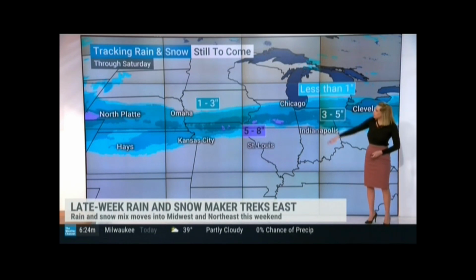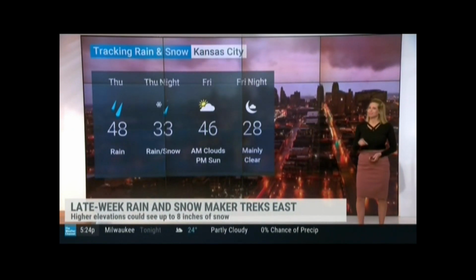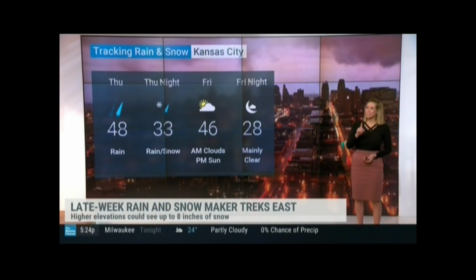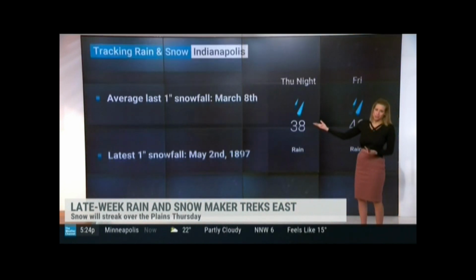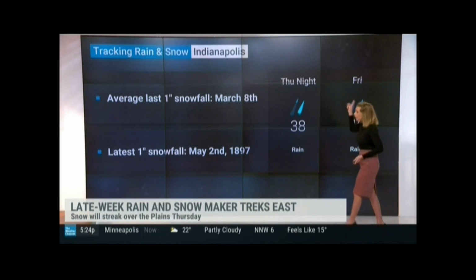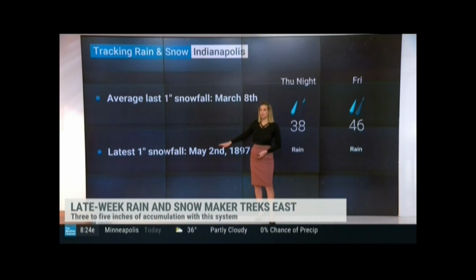There's your stripe. As you see, Chicago on the north side of that, maybe a few little bursts of 5 to 8. Snow's always tricky like that. Snow will always get you. You always get that little burst somewhere, always. Kansas City, you see down to 28, so it's not 9 like Jen was talking about. But, Jim, in theory, we could get snow here in Indianapolis all the way into the beginning of